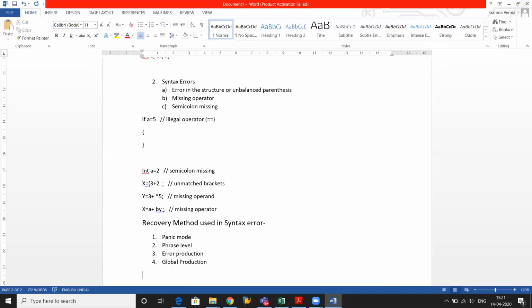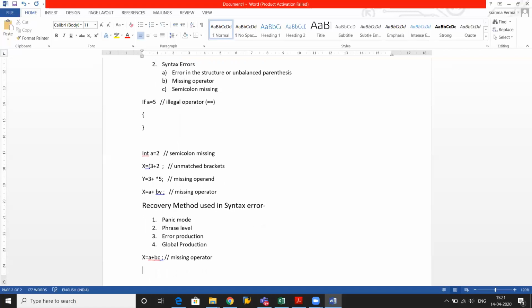suppose there is a problem: x is equal to a plus bc. According to this statement, the error is a missing operator. So it will discard the whole expression from B till C, until it finds the semicolon. And after the semicolon, whatever line is written, it will start the syntax analysis, the creation of the parse tree, for that particular statement. Similarly, suppose I have written a loop and made an error in it,